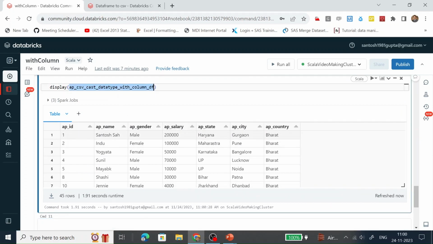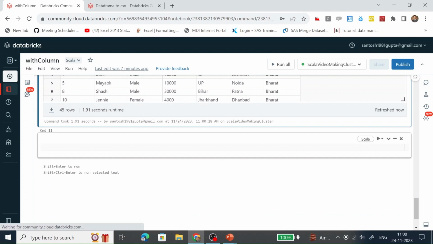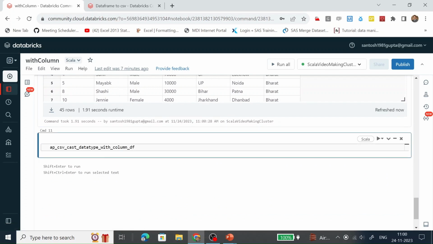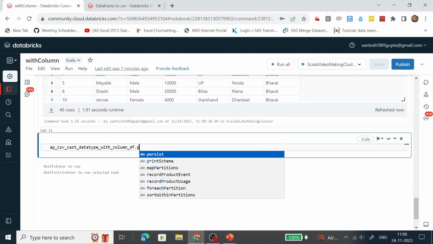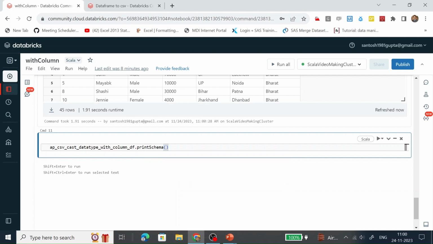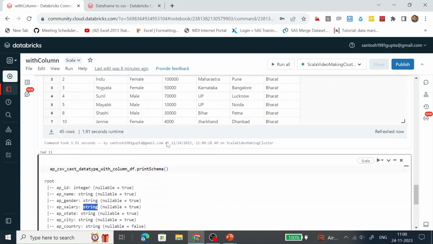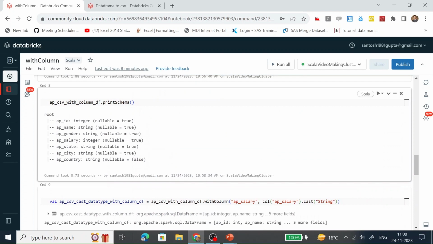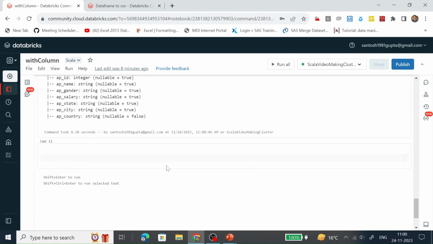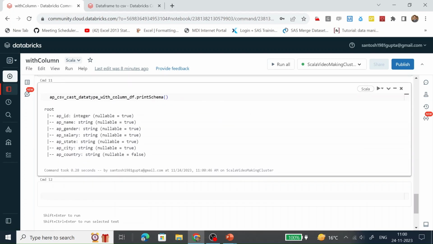But if you see the schema of this data frame, it is changed. Now we can see salary is string. Earlier salary was integer. Now here the salary is string. So with the help of the withColumn function, we can also change the data type of a particular column.